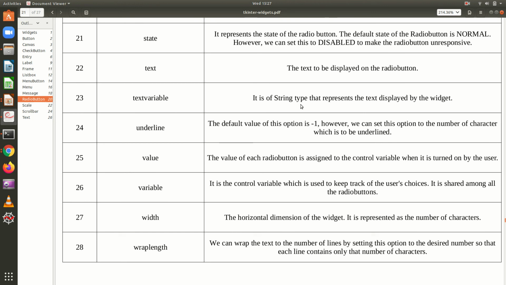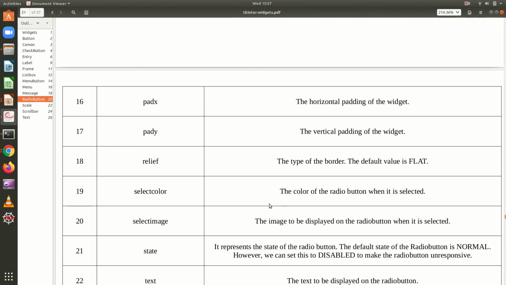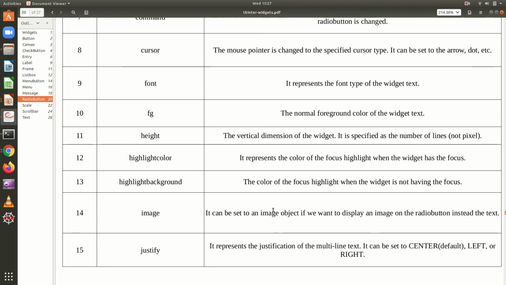It is of string type that represents the text displayed by the widget. And if you want to have underlining, if any option is to be underlined when you select it, then that can also be given. Some variable can also be used to keep track of the user's choice. So these are some of the options available for the radio button.